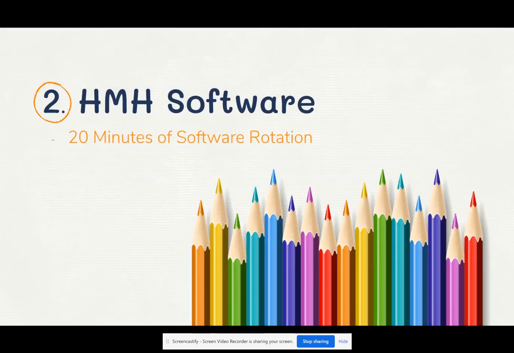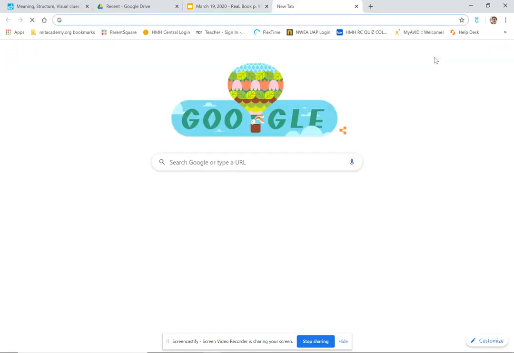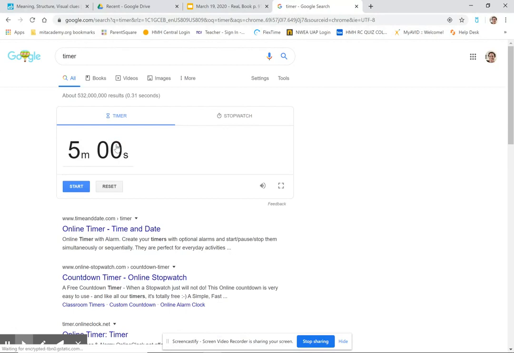Okay, so now welcome back. If you've paused the video to write your positives and negatives, what I want you to do now is 20 minutes of software rotation. You can take out your phone, or you can just open a new tab and Google timer and set the timer for 20 minutes